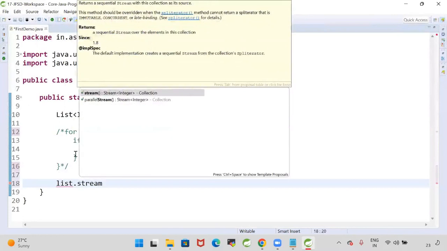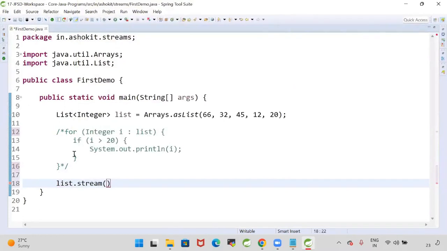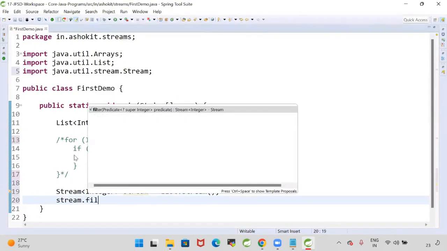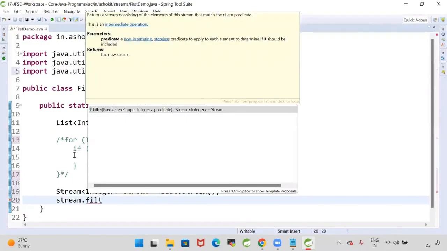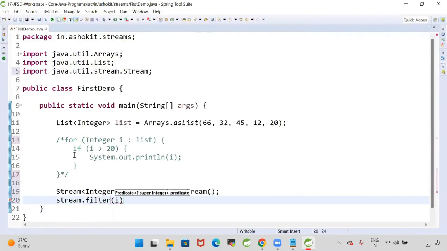List.stream. Already the collection is available. From the collection, I'm going to create a stream. Once the stream is created, that stream can be stored into a variable. Then stream.filter. What is the parameter for the filter, guys? Predicate. Do you know what a predicate is? Predicate will take one input and will return one Boolean value as output. Similarly, the filter method will take an input,